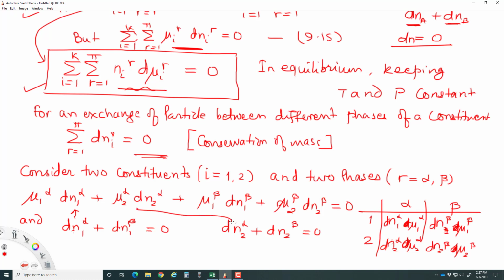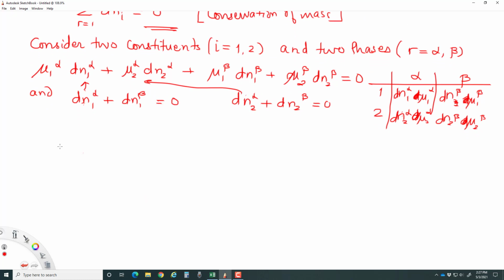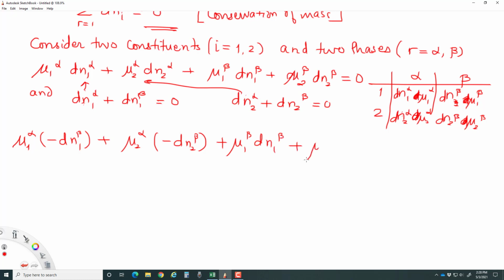So what we get: mu1 alpha, dn1 alpha is negative dn1 beta, plus mu2 alpha, dn2 alpha is negative dn2 beta, plus mu1 beta dn1 beta plus mu2 beta dn2 beta,